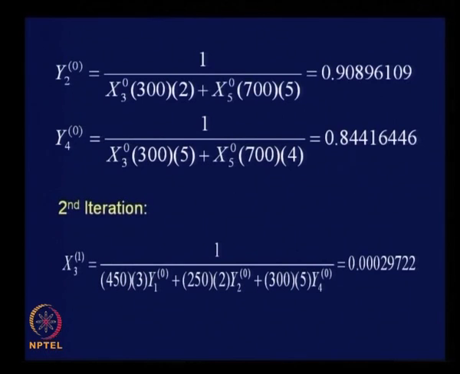What I do here is x3 I calculate as 1 by the corresponding attraction value, the next number is nothing but the corresponding travel time for that link, and then I put the y1 value